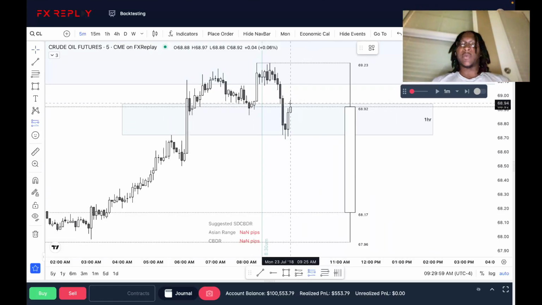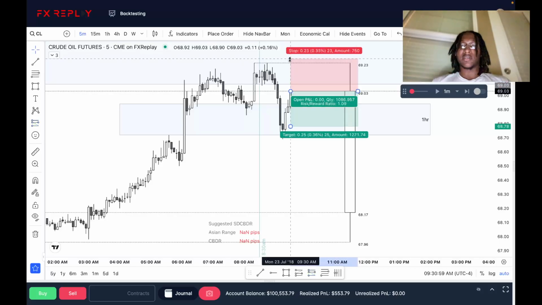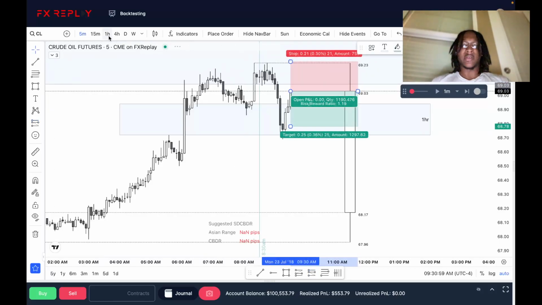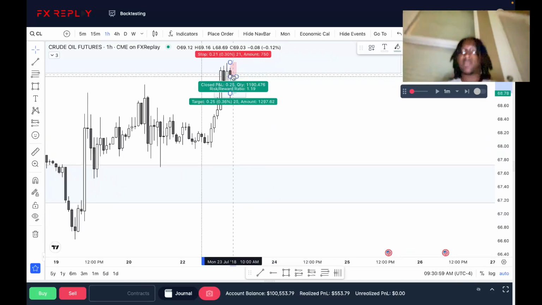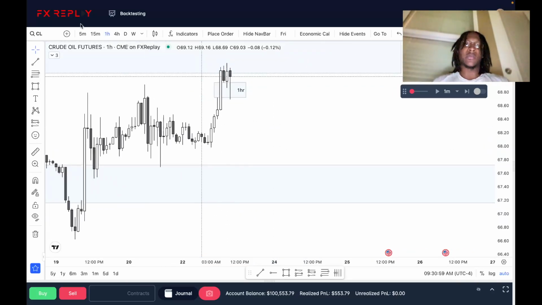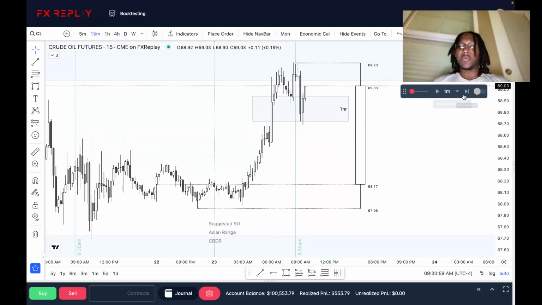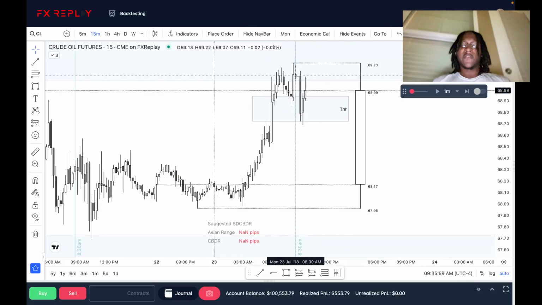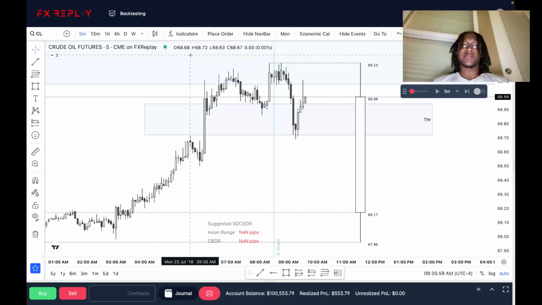Well, let me wait for 9:30. Let me buy down my rules. I like this. I'm going to take it. This makes sense. We do have relatively equal highs up here. We could be respecting this 1 hour order block. Let me wait. I was being too anxious on this, especially with it being Monday. Let me wait and see how price reacts. Finding resistance at this 15-minute fair value gap.